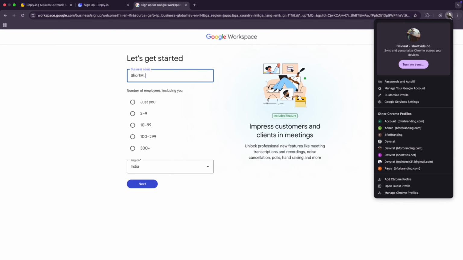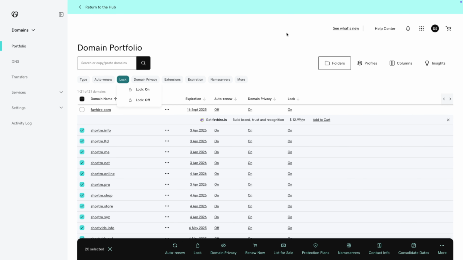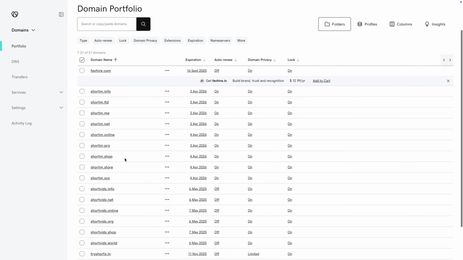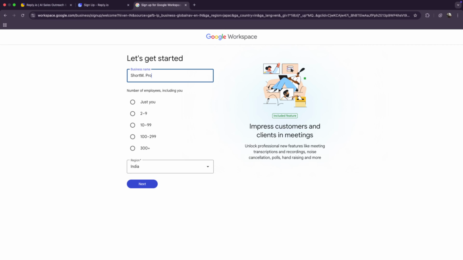and this domain would be, let's say I'll pick any random domain from this point. So I go in Tech Week and I'll just pull any random domain from here. I'll, let's say, use unselect all. For now, we are talking about Short M, so we would use shortm.pro. Is it me, just you?